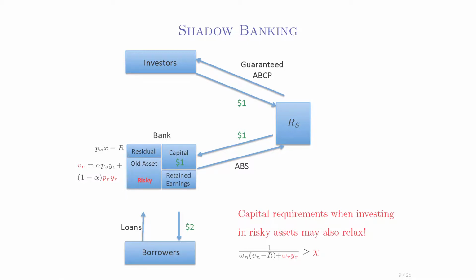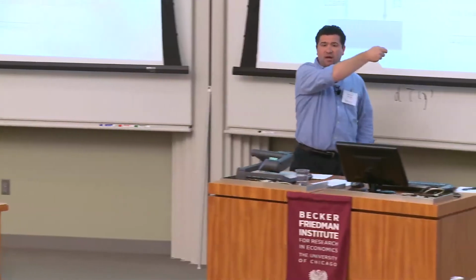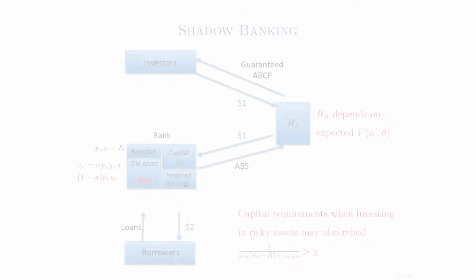It enters when there is this possibility of disciplining themselves. Now, what is important is that the interest rate that the investors will charge in shadow banking will depend on many things. In particular, it will depend on the expected value of the future. And that expected value of the future will depend on the reputation of the banks and will depend on how good we think the economy will behave in the future. Okay? So let me show you now where this comes from and how this is endogenously determined.